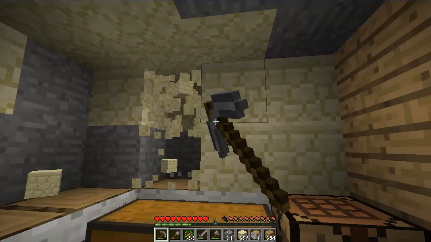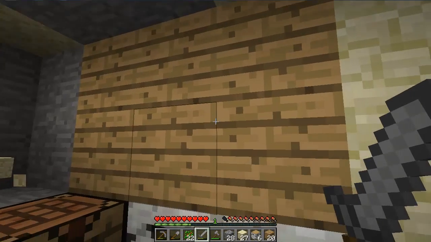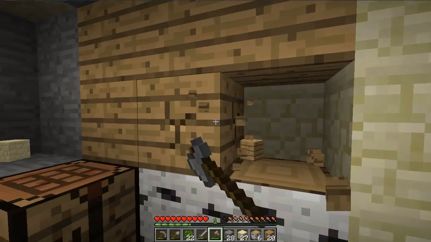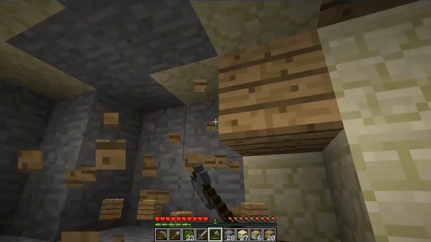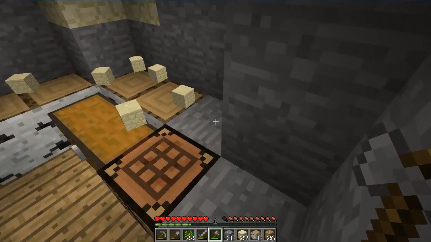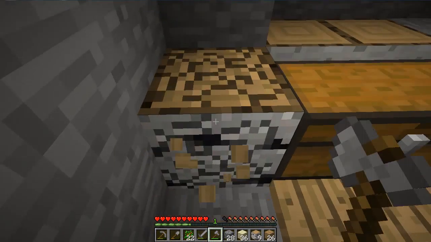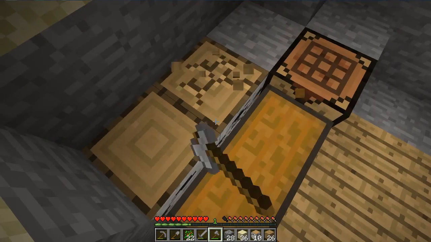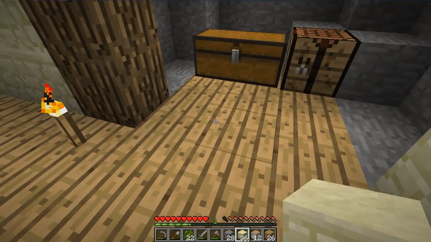I think it's the white blocks, the white tree trunks. I've never liked them for design. I don't think they look very good. They're always the first planks that I turn into wood whenever I have them, usually. So, yeah, rip these out. Go ahead and do that. And then...